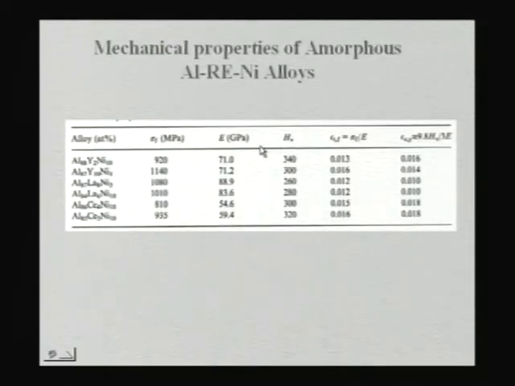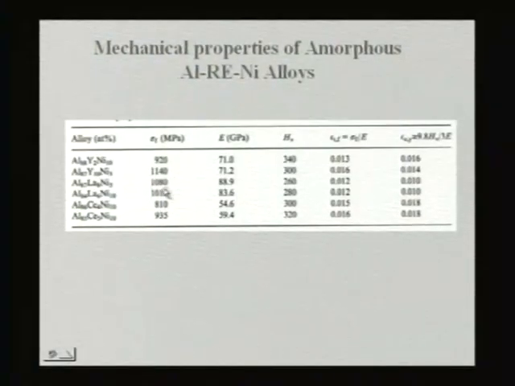The question is, why do you want to do that? You want to do that because there are a number of advantages that you get in these amorphous alloys. The strengths that you can achieve are very high. You can see in some of these aluminum transition metal rare earth systems, particularly aluminum nickel rare earth metals with various rare earths, yttrium, lanthanum, cerium, and for different compositions, the fracture strength is of the order of almost 1 gigapascal, which is much higher than any of the commercial aluminum alloys.